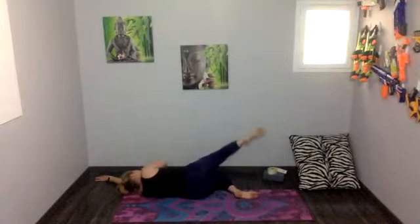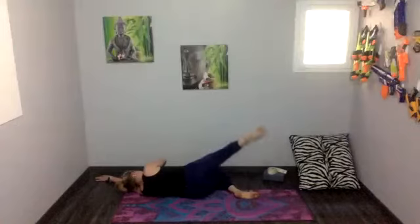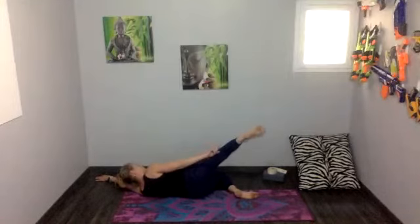10, 9. Exact same exercises as the opposite side. 7, 6, 5, 4, 3, 2, 1. Hold the leg up and stretch the leg straight. Push with the heel. 10,